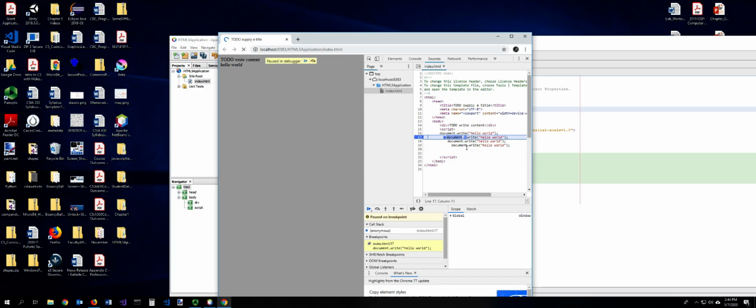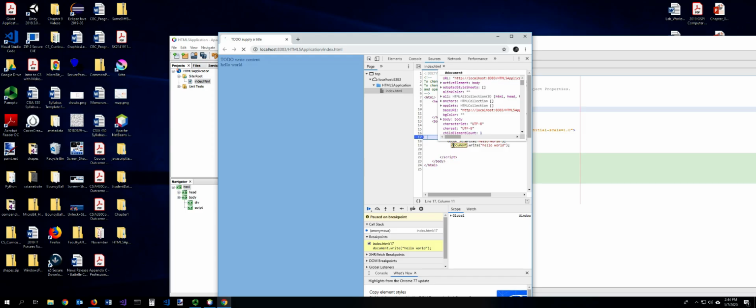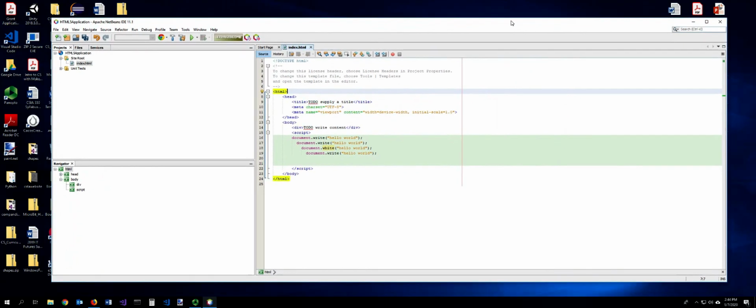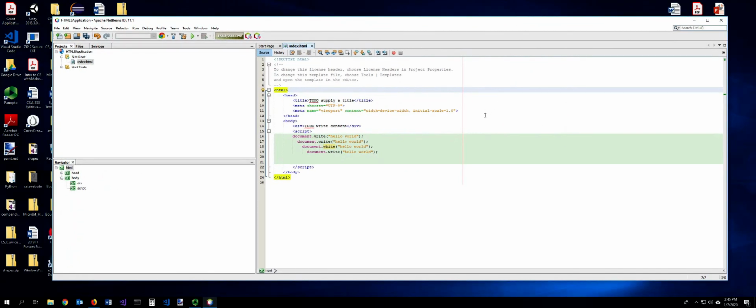So debugging is crucial in JavaScript because it's built to work. In other words, it's built to work even when you have bad code. All right, so that's a little bit on debugging and starting off with your first project. Now we're going to go into the next portion, which is working with your assignment based code,